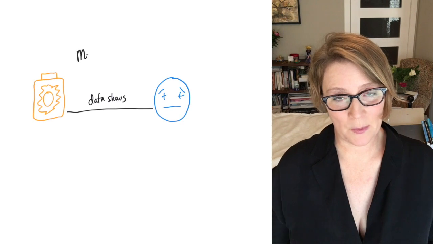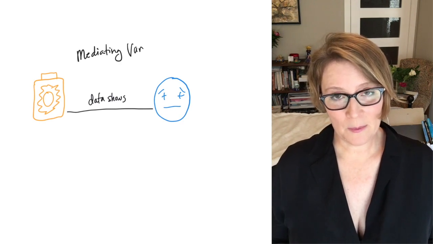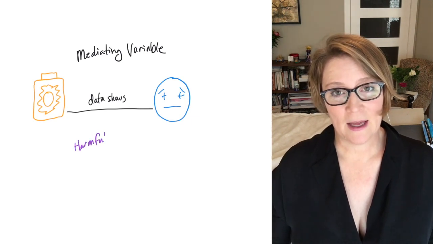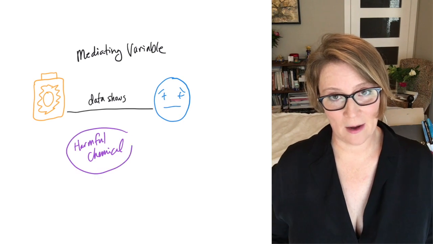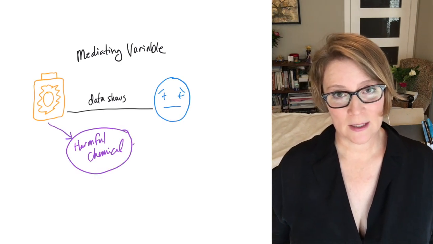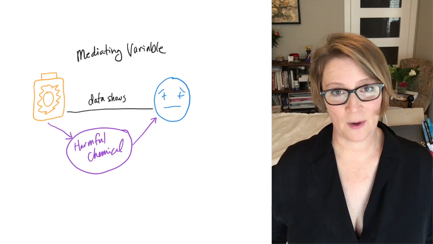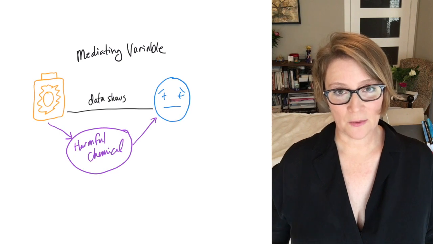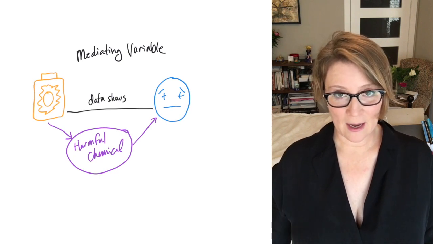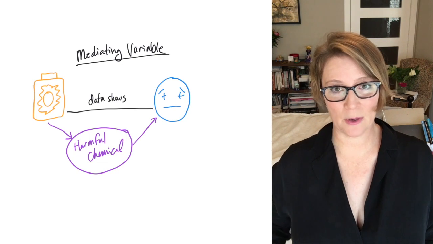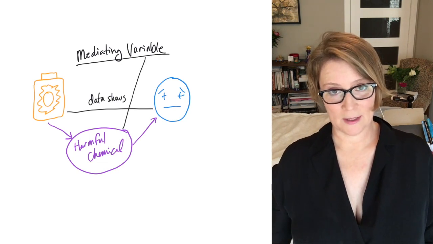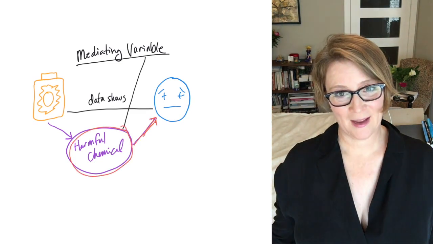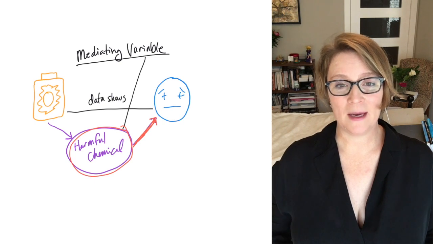Another relationship status would be a mediating variable. That would mean that it is possible that there is a harmful chemical in some sunscreens, and that it's this chemical, not the sunscreen itself, that's causing cancer. So the sunscreen has a harmful chemical, and the harmful chemical is causing cancer. So that would mean that sunscreen itself is not causing cancer, but this chemical is causing cancer. And then the sunscreens that do not have this chemical would not have this relationship directly with cancer. This relationship status is called a mediating variable.